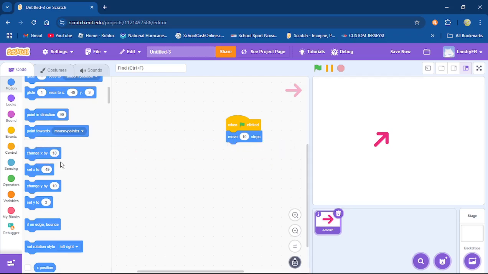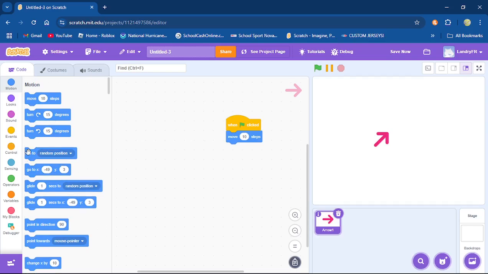All right, so let's keep going. Go to random position. This one's a good one. You're going to probably use this one quite a bit in your projects. You could just literally go to a random position and your graphic is going to bounce all over the place. That's totally up to what you want to do, but this is not the reason why I would use it. I barely ever use this go to random position. Depends on what kind of game you're going to make.